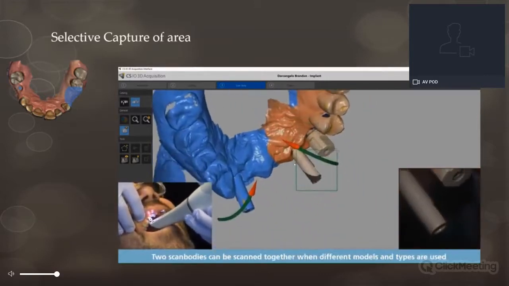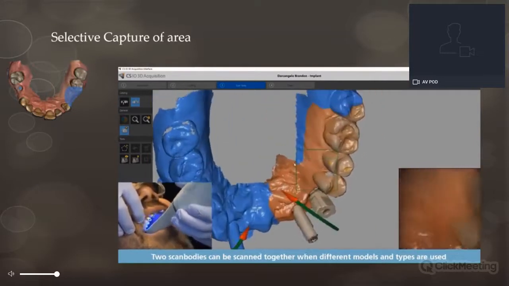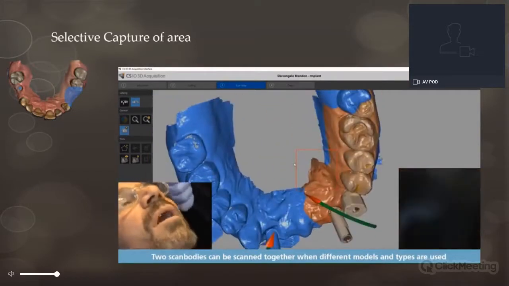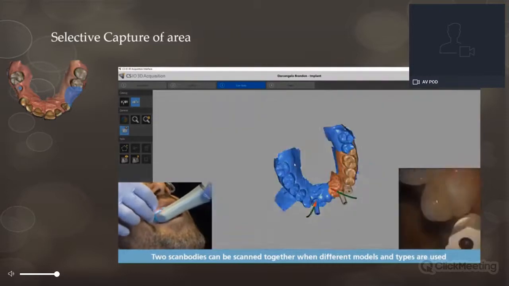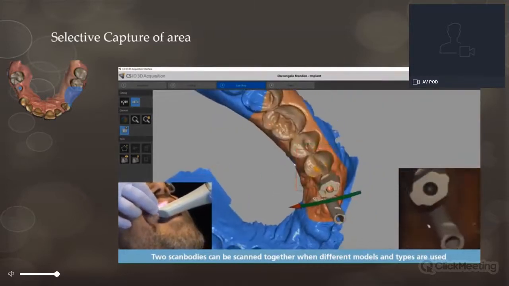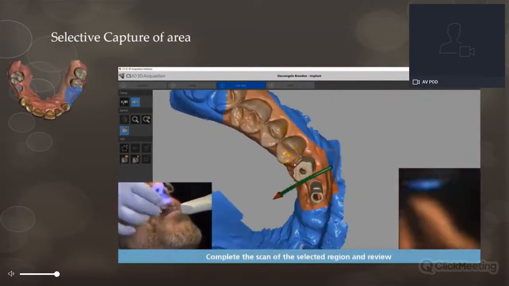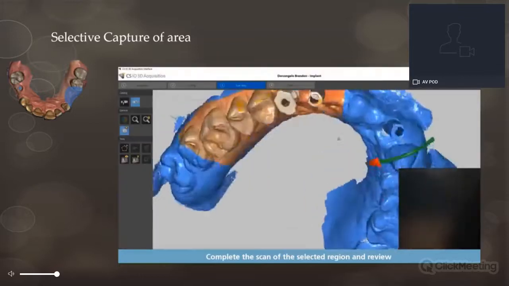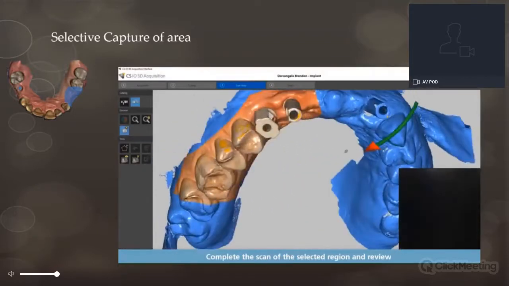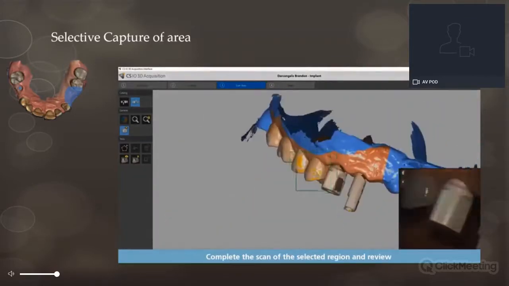You would use your original STL that you had even from the treatment planning phase, which you can then do a cutout and then add the new bits that have been added or the bits that have changed since the original scan. And this is a big bonus for patients because it avoids, in an analog workflow, you would have